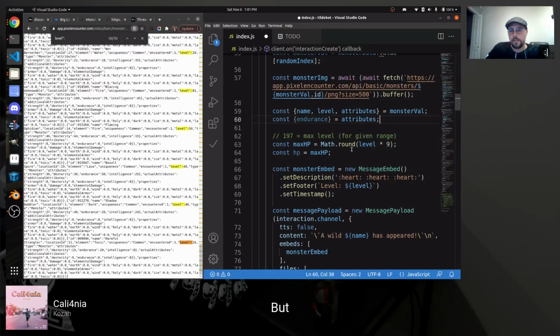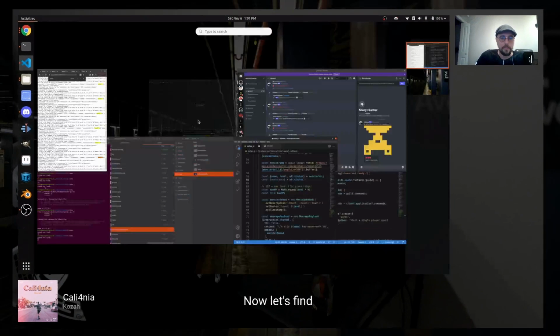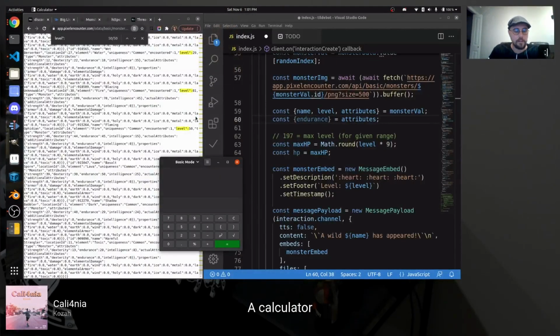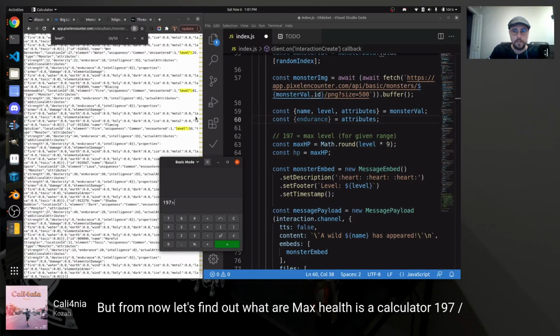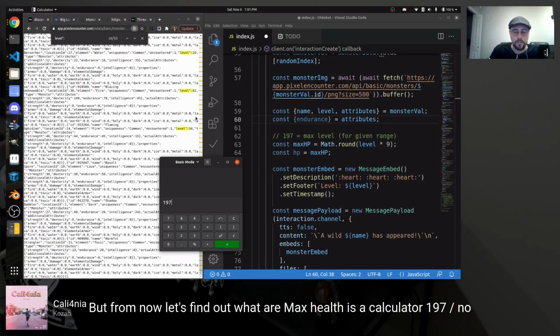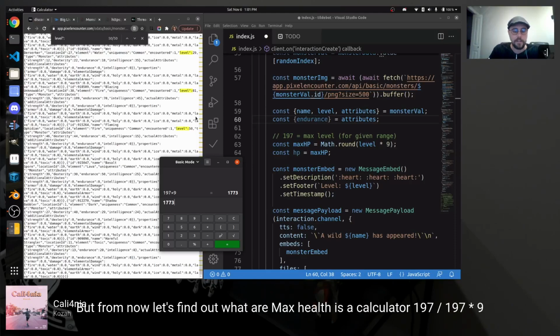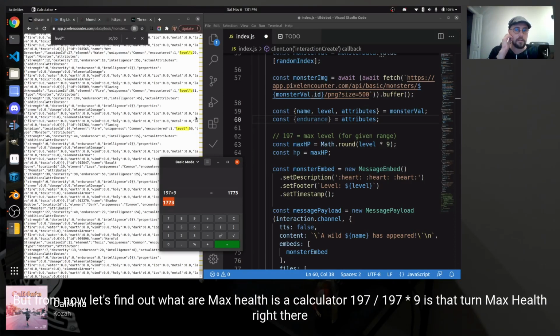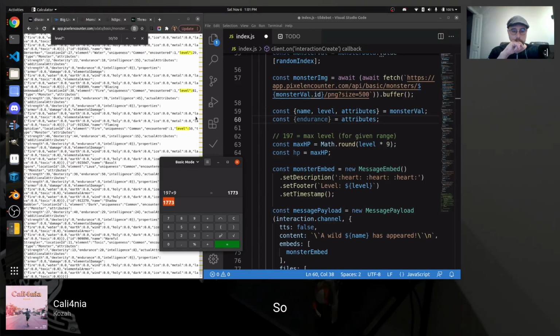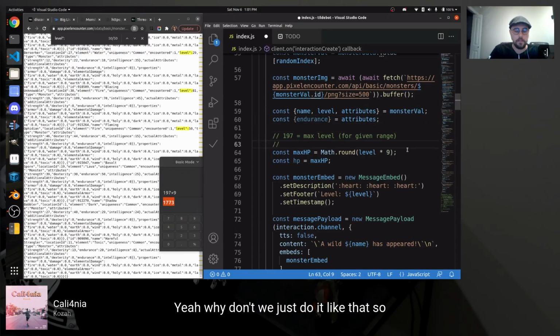But from that, let's find out what our max health is. Calculator. 197 divided by, no, what am I doing? Oh no, 197 times 9. So that's our max health right there. So if we get, yeah, why don't we just do it like this? So equals max health,